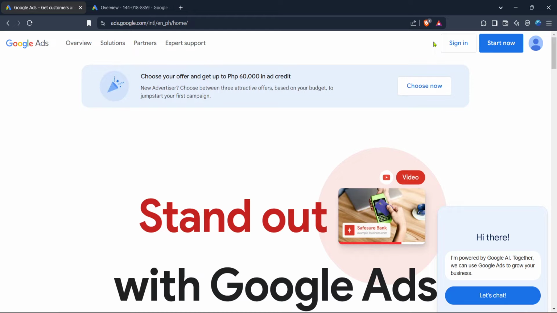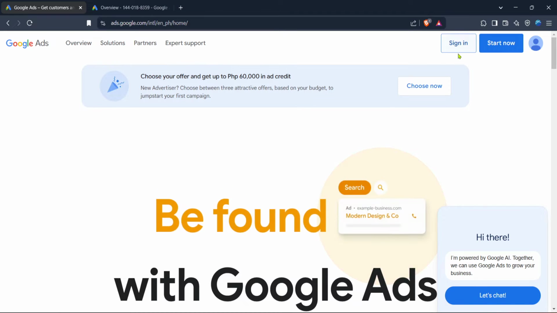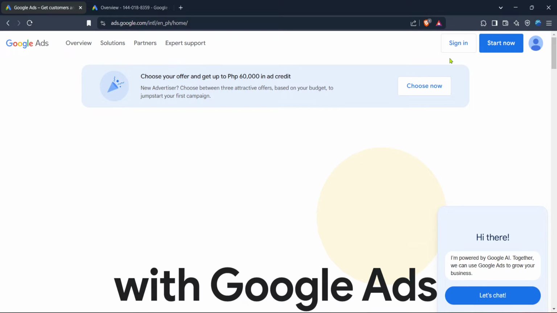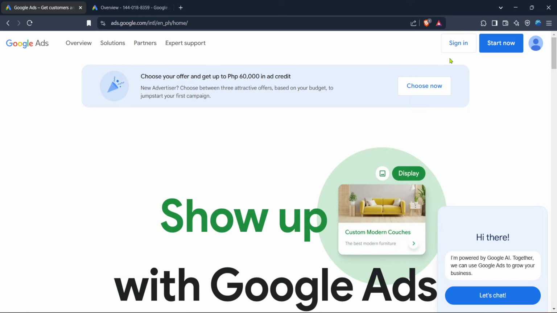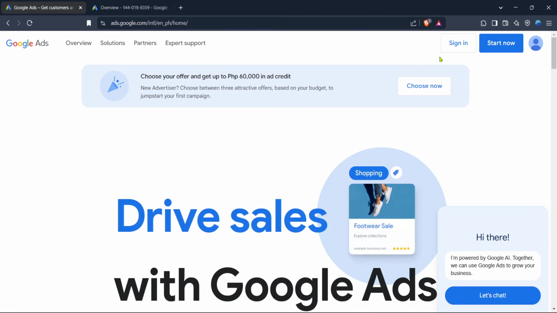First, head over to Google Ads. This is the hub where you can orchestrate your advertising efforts, attracting customers and boosting your sales via online advertising. You can access it by simply typing Google Ads into your search bar and clicking on the official link that pops up. Once you're there, the next step is to click on the sign in button at the top right